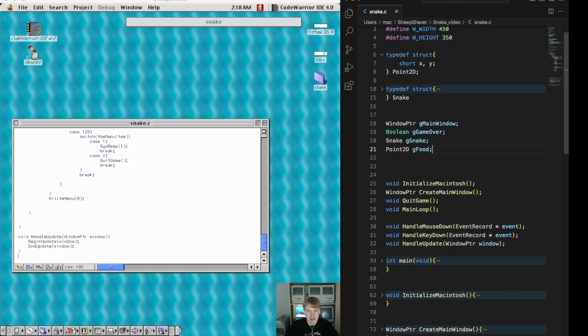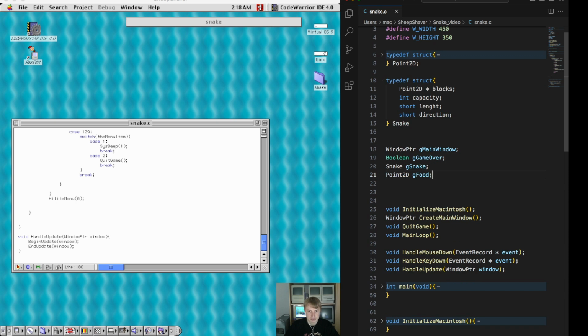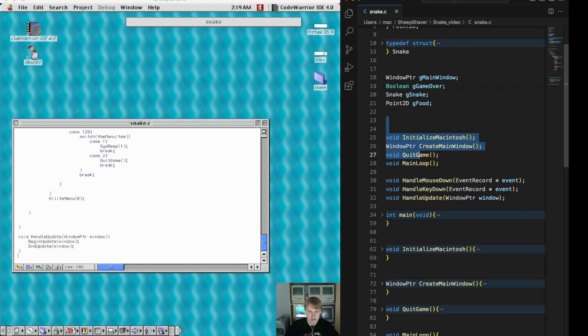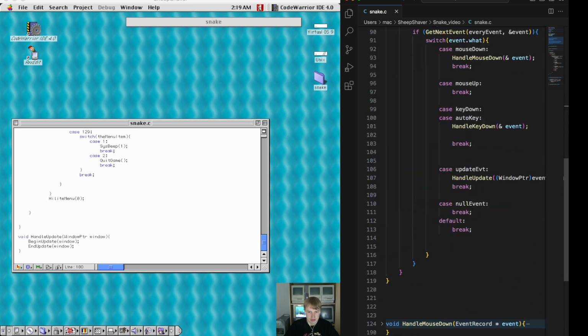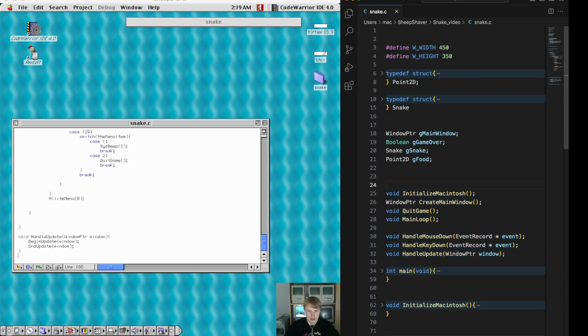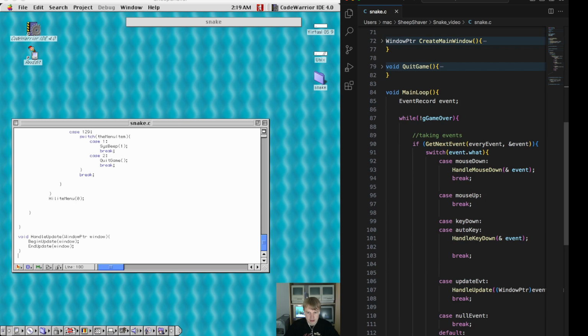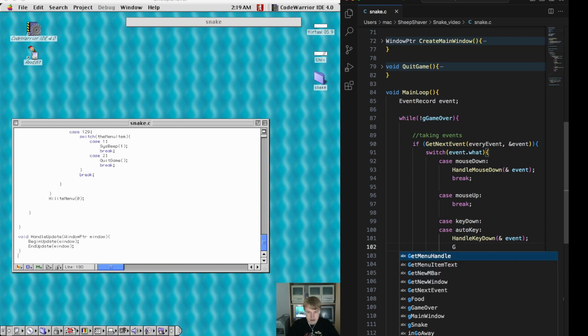We have defined how the snake should look, how a point in 2D should look, and now after the handle key down, we will also change the direction of the snake if the appropriate key was pressed. So get direction,